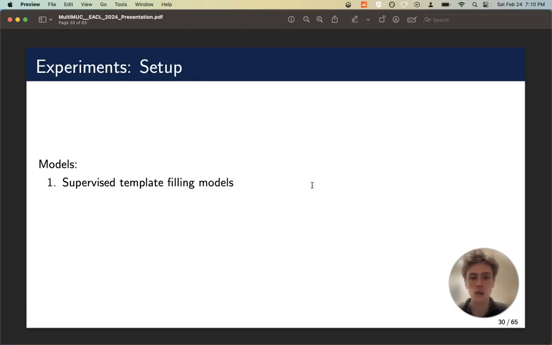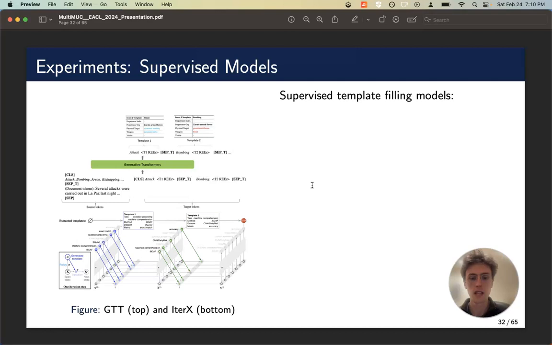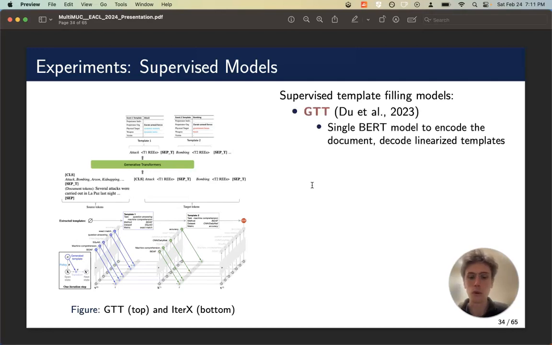In our experiments, we consider both some recent supervised models that have achieved state-of-the-art performance on MUC-4, and we also evaluate ChatGPT in the few-shot setting. The first supervised model we consider is GTT, which uses a single BERT stack to encode the document text and then decode a sequence of linearized templates using causal masking. GTT held the previous state-of-the-art on MUC-4 before our next model, ITERX,